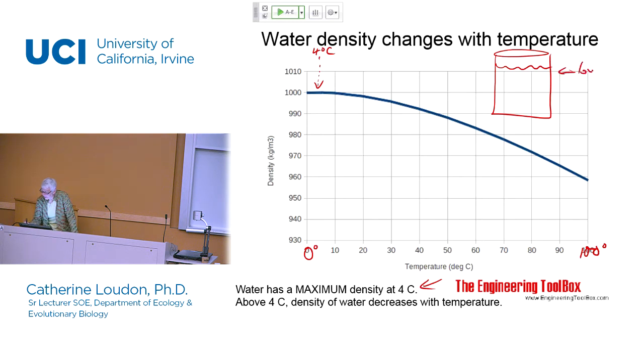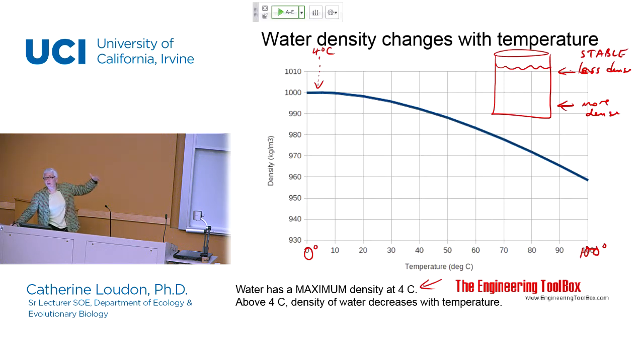So if it's less dense on the top and more dense on the bottom, then we have a stable situation, meaning that the less dense layers can just simply float nicely on top of the more dense layers. Now, if in our beaker of water it's all exactly the same temperature because we stirred it up really well, that will be stable as well. Okay, we've got the same density everywhere. It's stable. So let's imagine now that we have a temperature